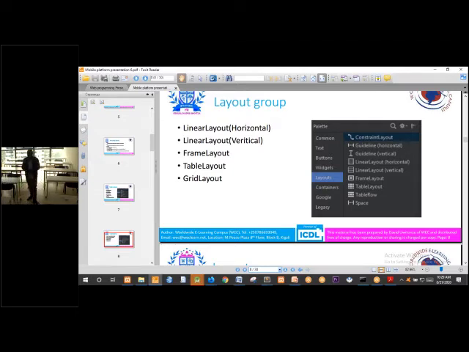So we have also layout group views. We have a linear layout, which can be horizontal or vertical. We have frame layout, we have table layout, and we have grid layout. These are layouts. A layout is like an arrangement of different views